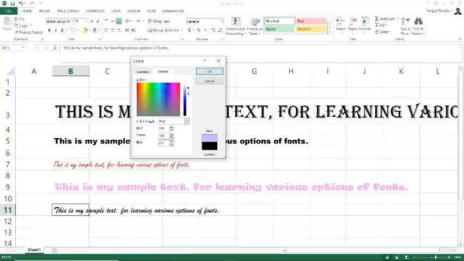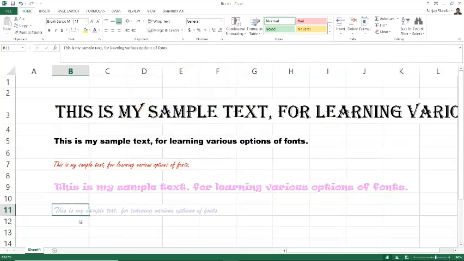So this is how you can customize the color that you want to use, or by changing the combination here. Whichever way you want to do, you can change the combination, and this is how you can change the font color.